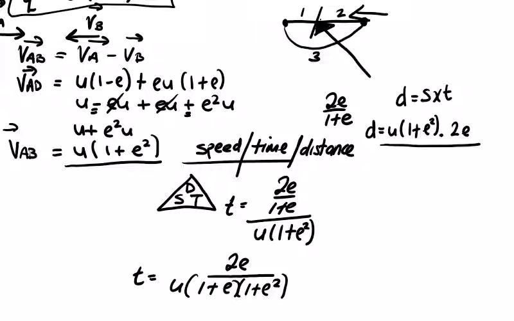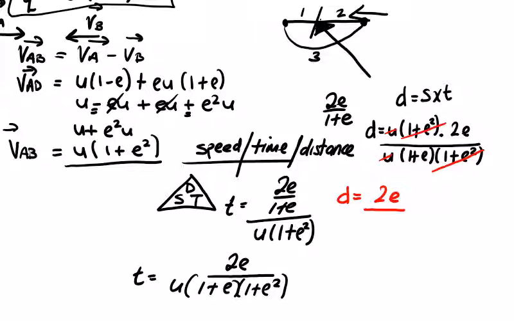I'll put the denominator and line it up: 2E over U times 1 plus E times 1 plus E squared. So we do have some cancellations here, the 1 plus E squared and the U. So the distance traveled looks like it's 2E over,